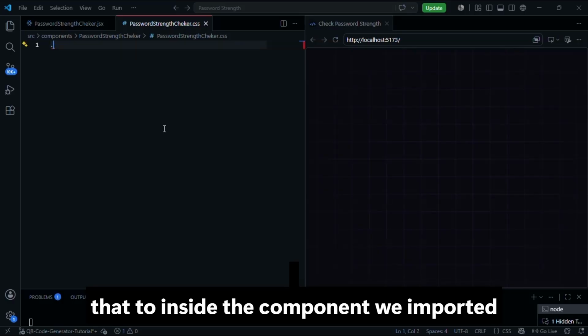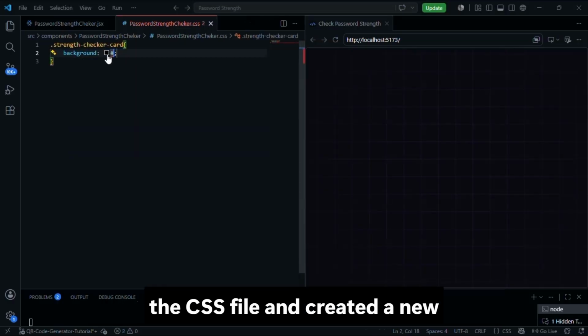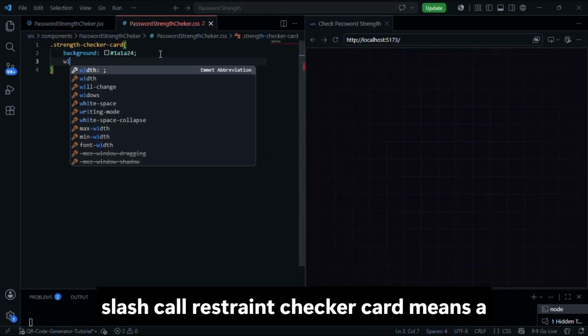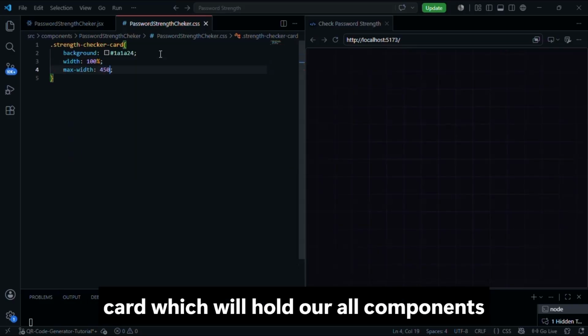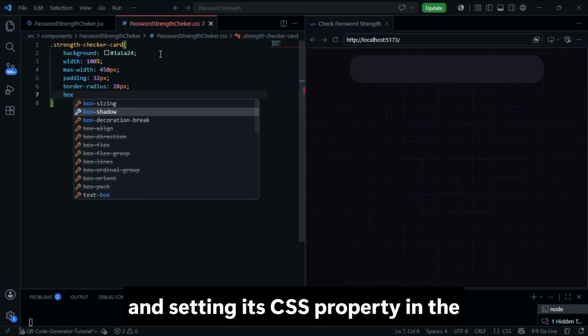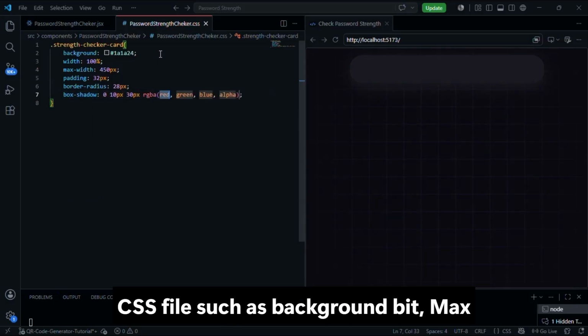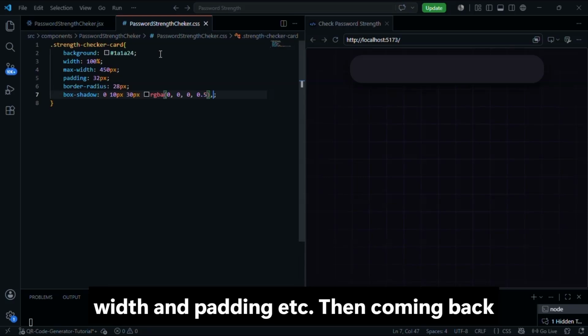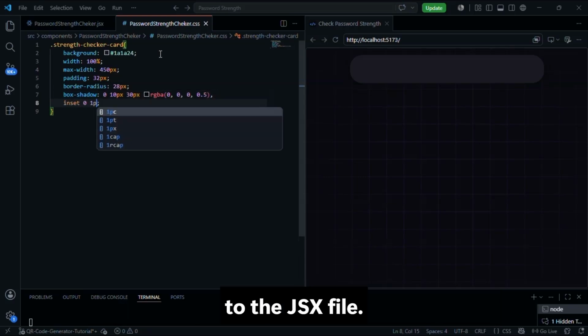So coming to the password strength checker, inside the component we imported the CSS file and created a new class called strength checker card, meaning a card which will hold all our components, and set its CSS properties in the CSS file, such as background, width, max width, and padding, etc. Then coming back to the JSX file,